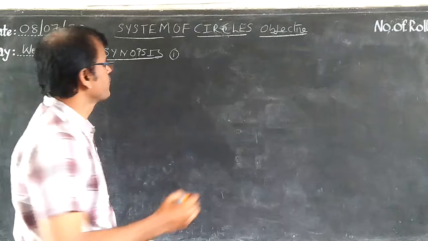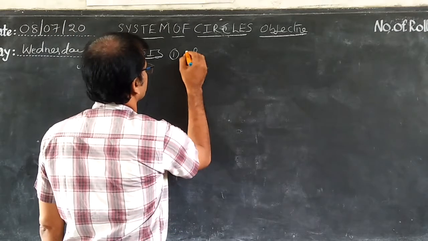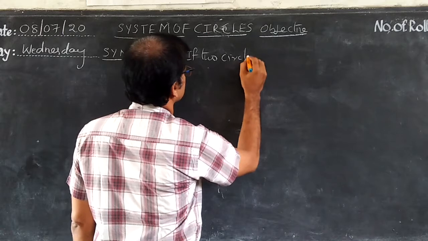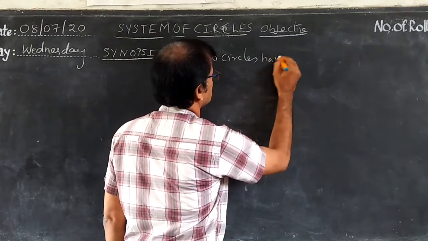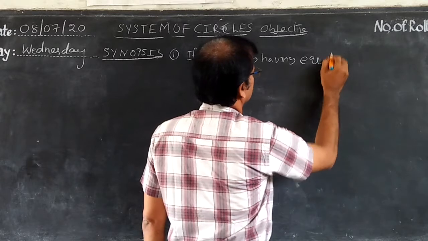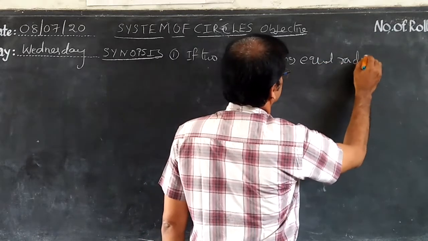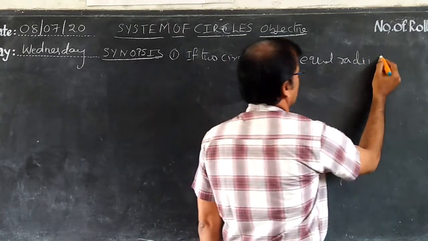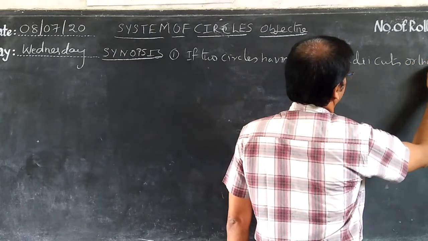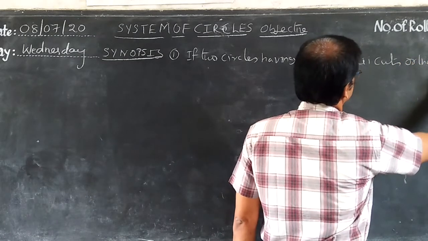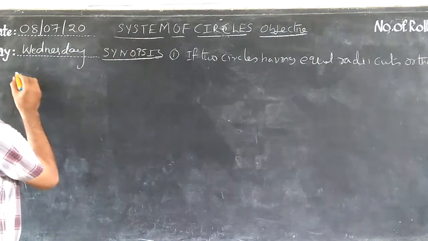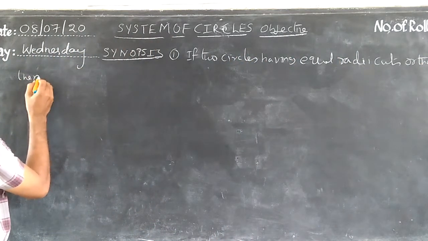First one: if two circles having equal radii cut orthogonally, then